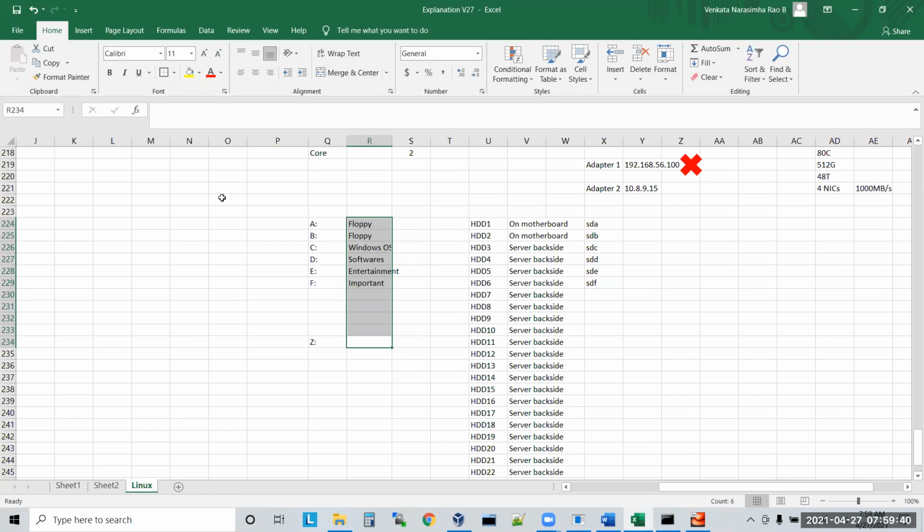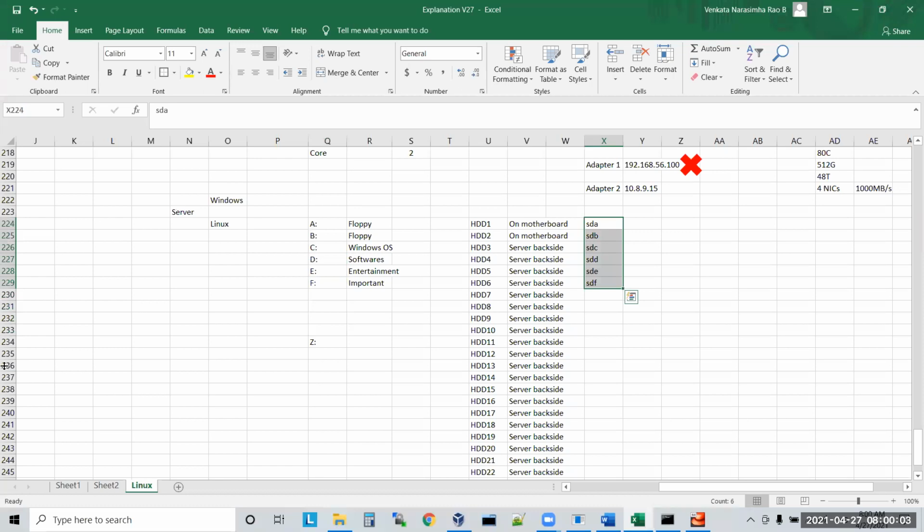So you have a server. On this server you can install Windows also, yes or no, and you can install Linux also. When you install Windows, each hard disk will be named like this actually: A, B, C, D, E, F. But when you install Linux, each hard disk will be named as SDA, SDB, SDC.